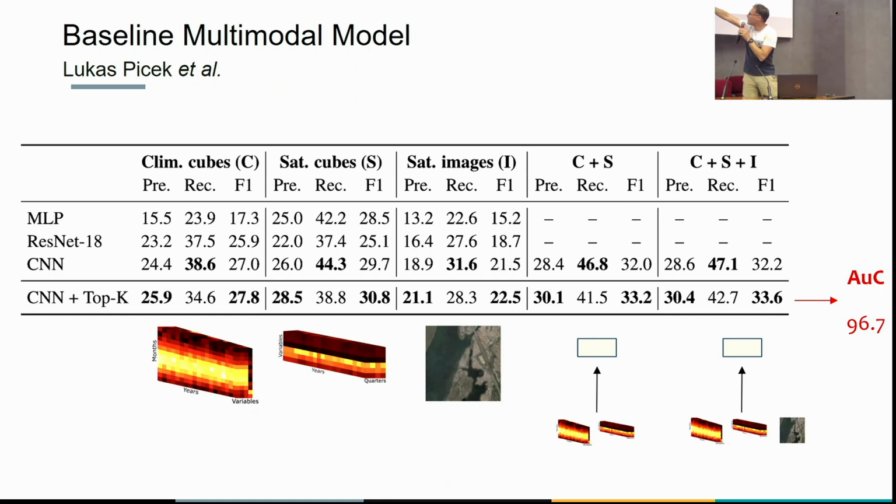And so it allows you to apply... On the left, you see that the yellow peak, of course, is the summer. And so you have a tensor that contains your time series. And it's the same for the satellite cube. The satellite image is an image. And so as you see, the variable that contains the most information is the satellite cube,